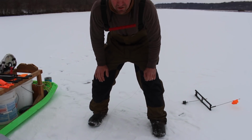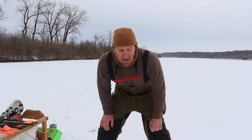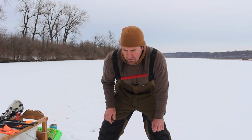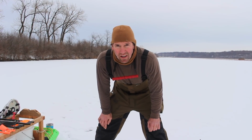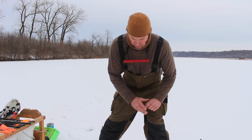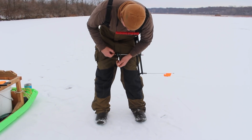Not so bad today with snow on the ground, but when you get a day where there's water on top of the ice and it's below freezing, that line will freeze onto that ice real quick, and then you got a mess. That fish runs and your line's froze, and you're going to break your line or more likely straighten a hook. So I'm going to go ahead and get this real quick. We'll show you putting a bait on here,